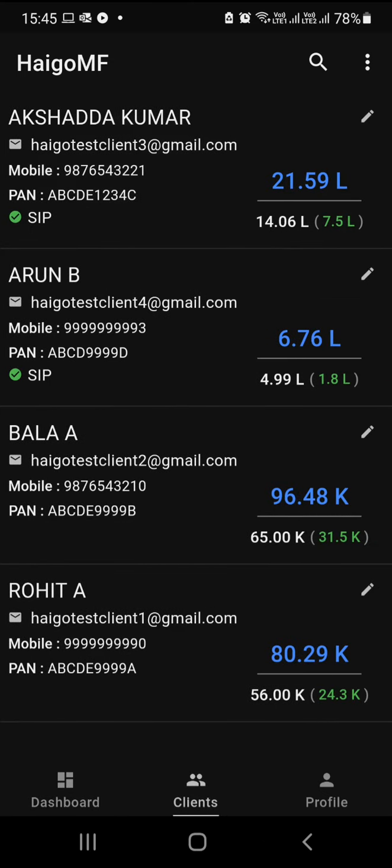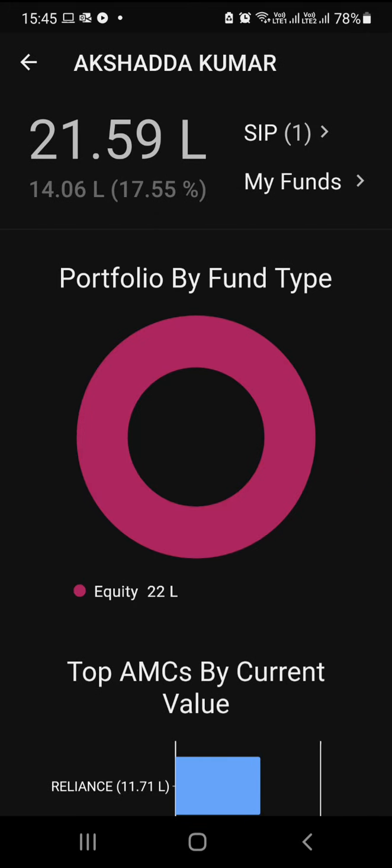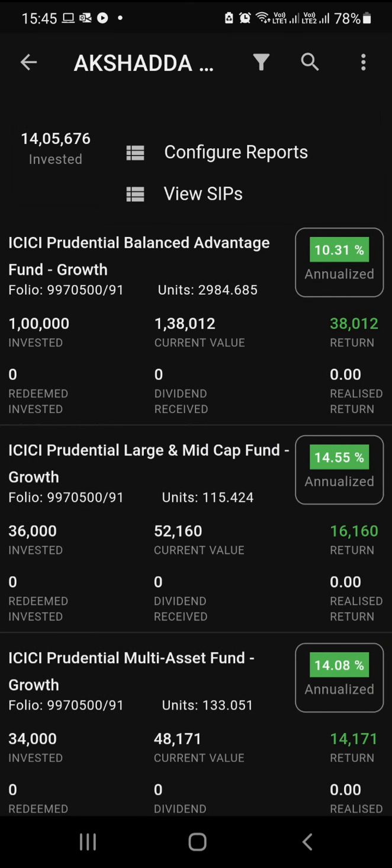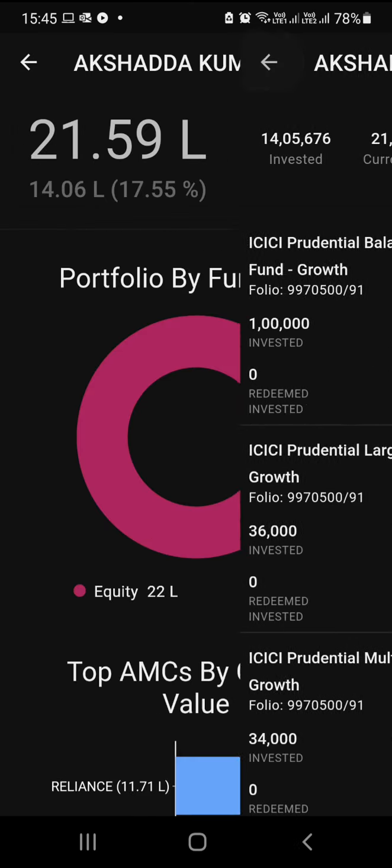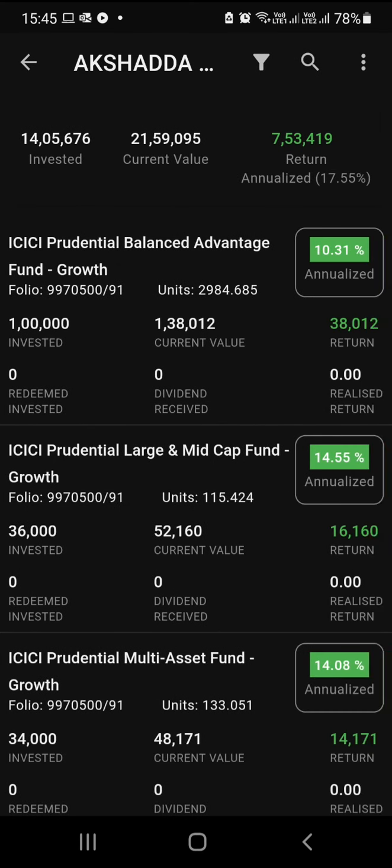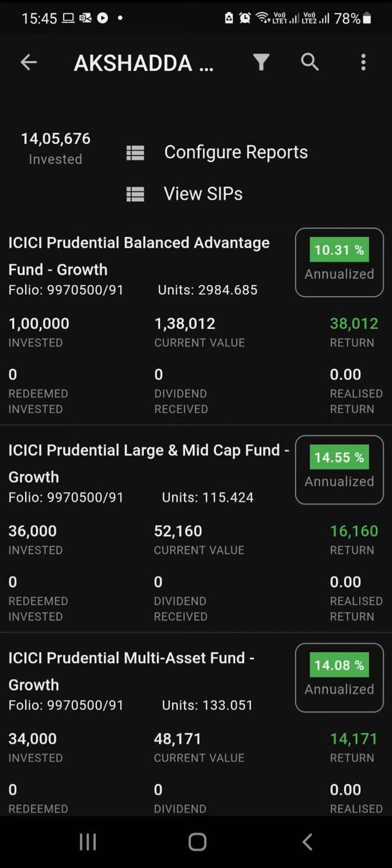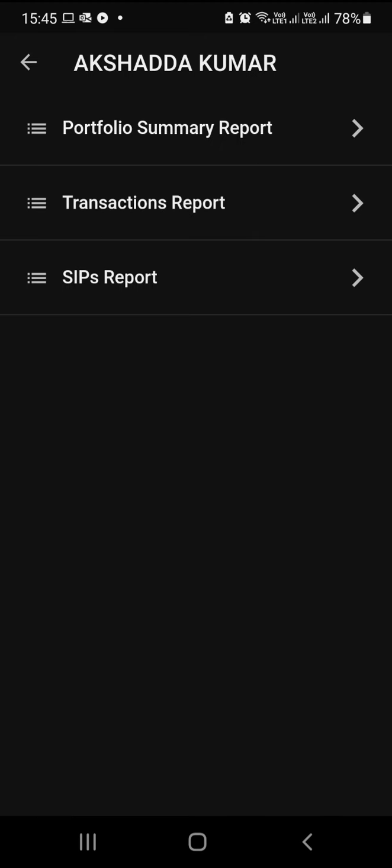You can just go to the customer dashboard and click on any of the customers. Once you come here, you see my funds. Click on my funds, and here you see three dots. Click on that and click on configure reports. These are all the reports for that customer.